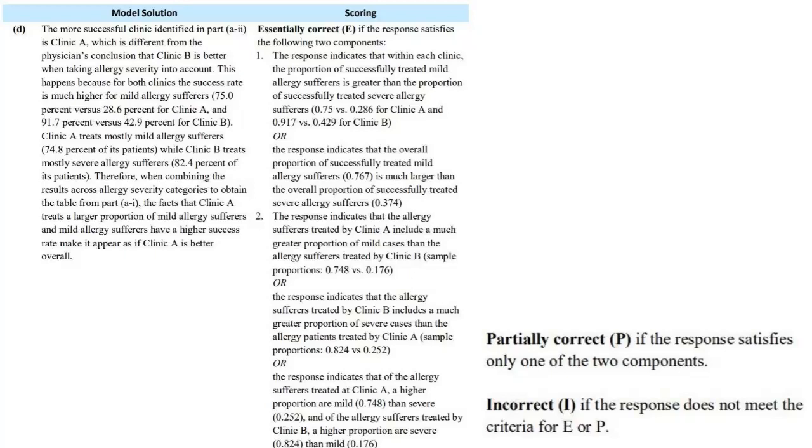Does anybody else need help scoring part D? It's okay. Is mine average? The average is actually 19. All right. That's just slightly. I don't like when